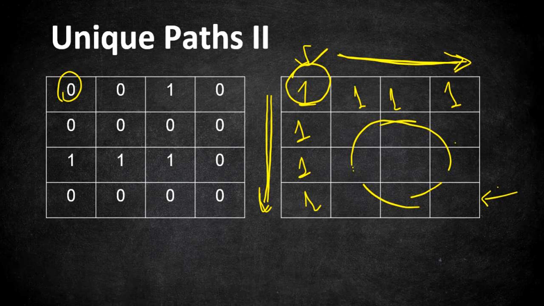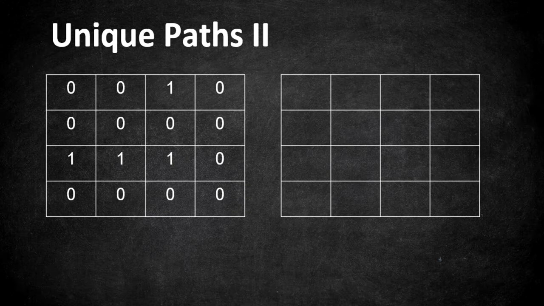So hope you are understanding these cases by now. So let's start filling the actual values for this particular example and understand the solution. So we are going to start from the first cell. Let's fill in 1 as that is the only possibility. So there are two options now. We can move right or move down.